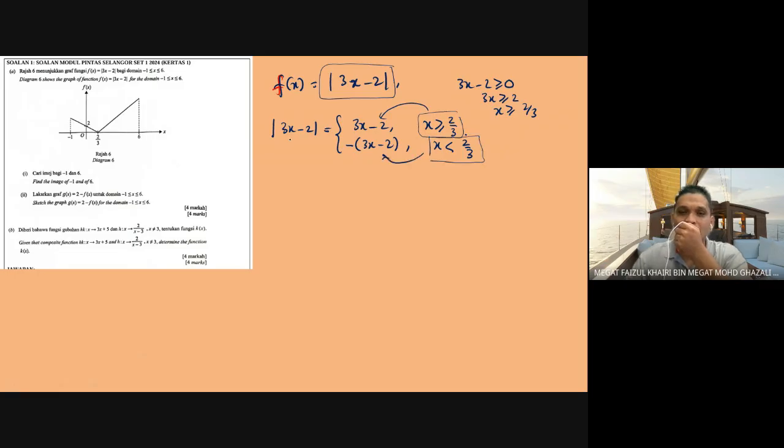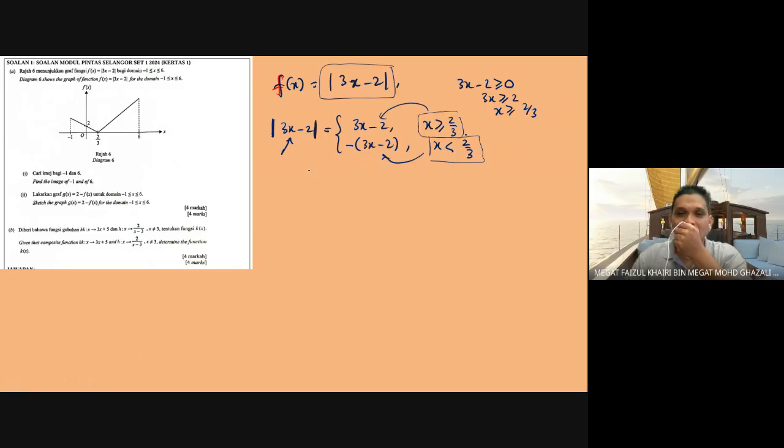Okay, so modulus of f(x), when we have this sign of modulus, meaning whatever value of x, whether x is positive or negative, big or small numbers, when we substitute, if it gives us the whole function positive, which means that the value of x is greater than 2 over 3. And if we substitute the value of x and the answer is negative,